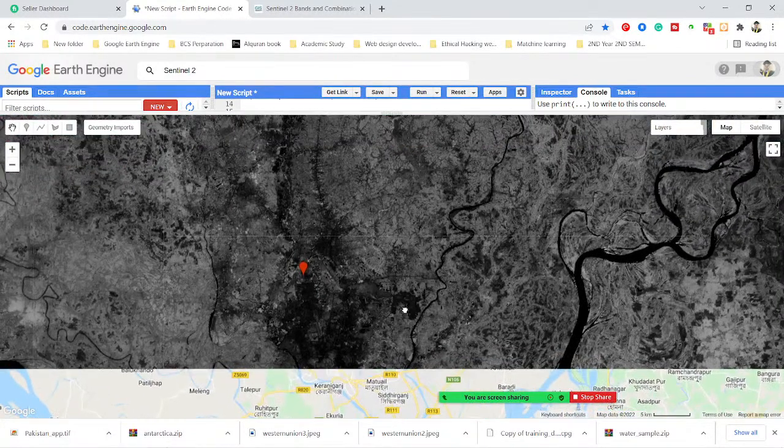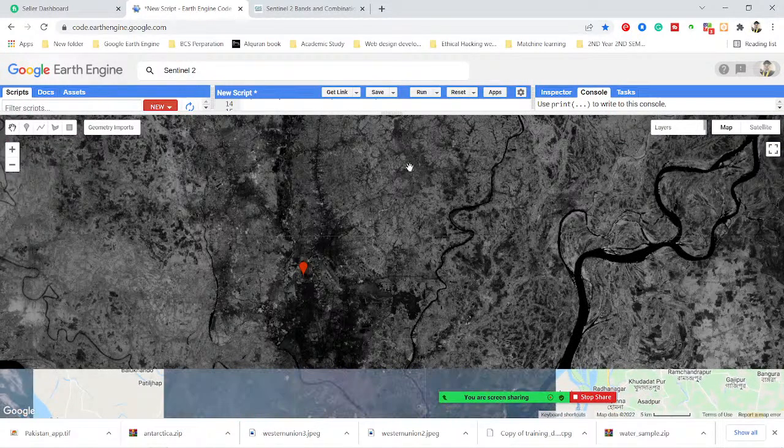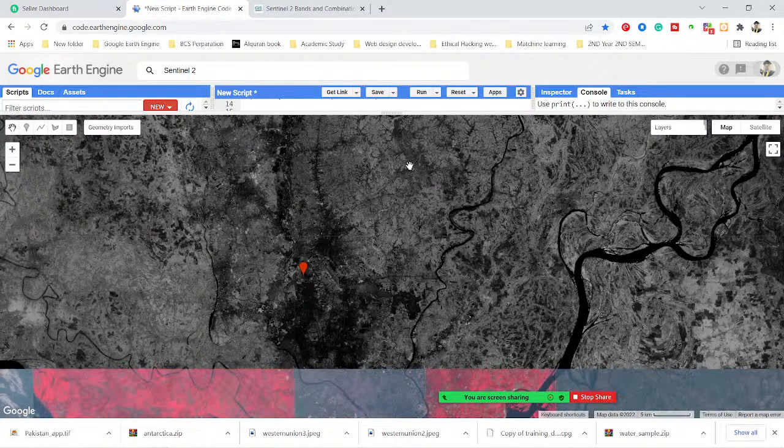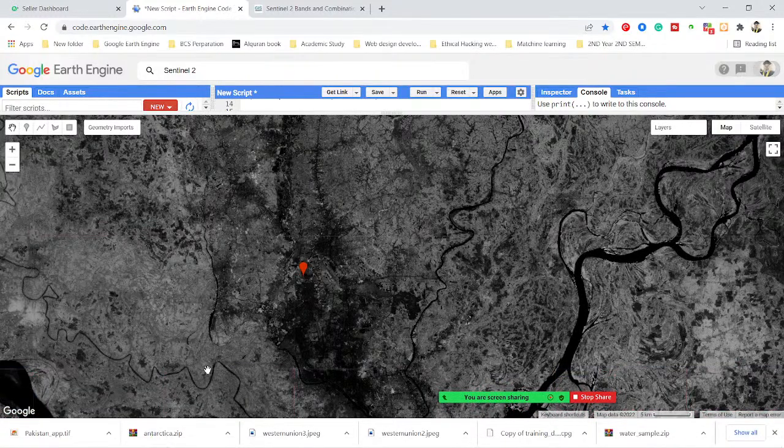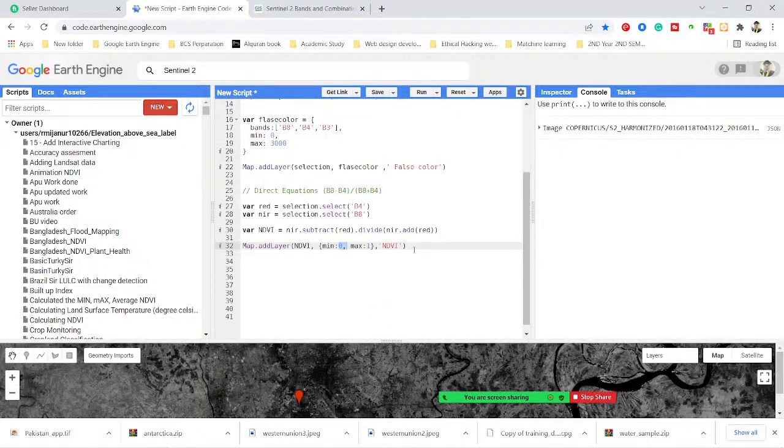If you want, you can also export this map as a TIFF format and work with the map of QGIS software. It's also possible here. So you can see this is one way of using the equation. If you want, you can also use the second way, which is called the